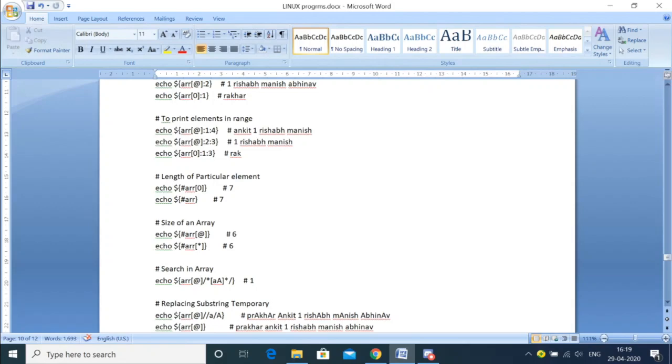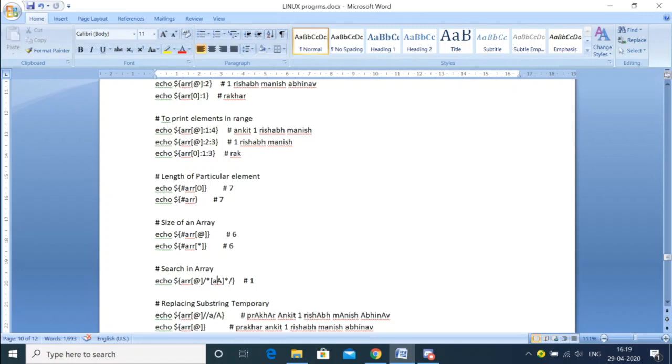Among all the elements, it will check for a pattern. Pattern of what? Suppose in those strings, do we have small a or capital A? So this is a kind of regular expression, isn't it? And let's say we have elements which contain the alphabet A, capital and small,